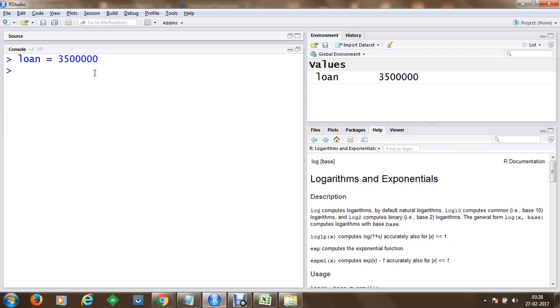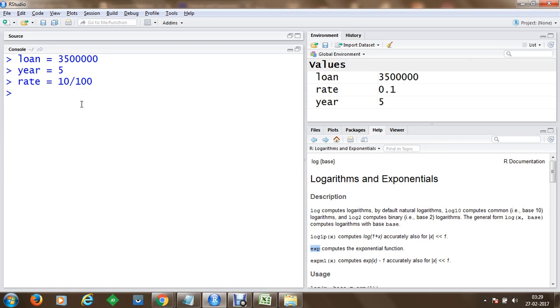Once I have taken the loan amount, I would like to take this loan, let's say for 5 years. The rate of interest they charged is 10% on the vehicle. So now what next we have to do is, let's say I would like to compute the total amount which I have to pay back to the bank once my loan has been done, and I would like to compute my per month installments as well. In order to do that, we are going to make use of exponential functions which are available in RStudio. We can make use of the exp function and we can compute exponentials.